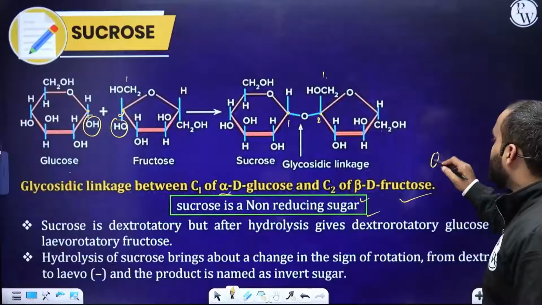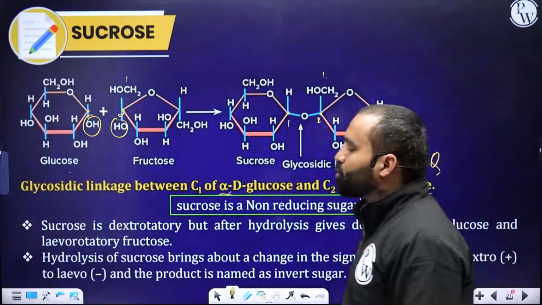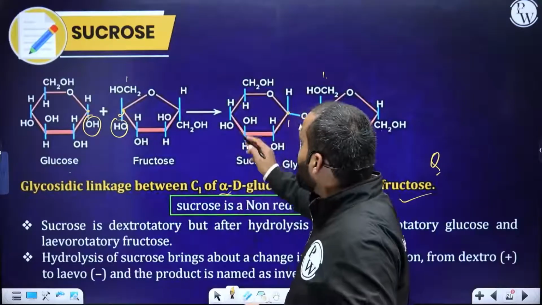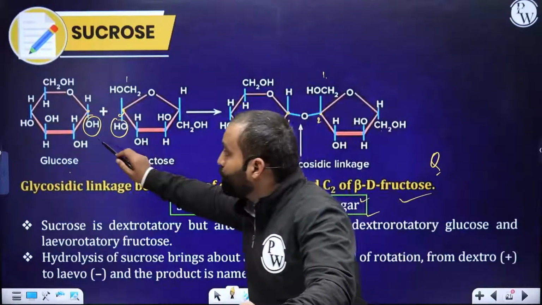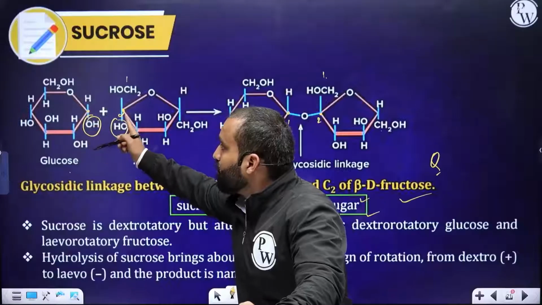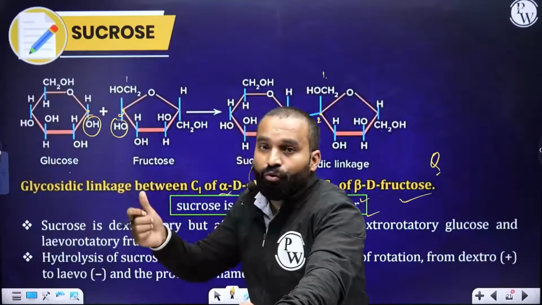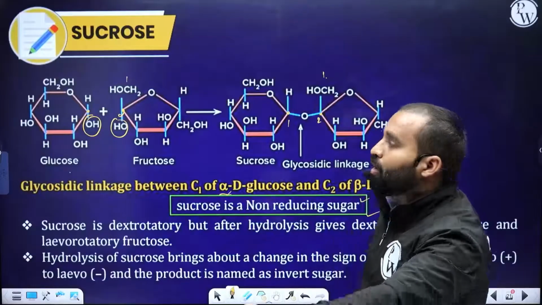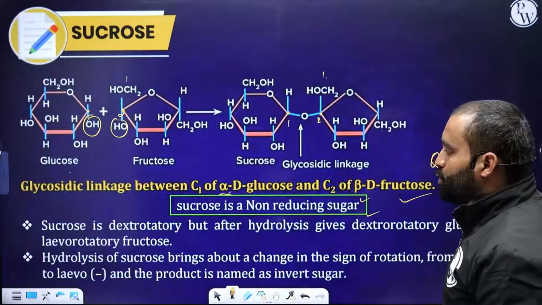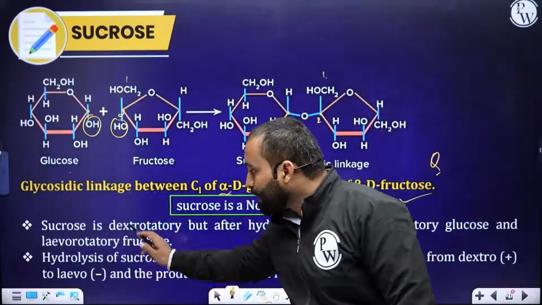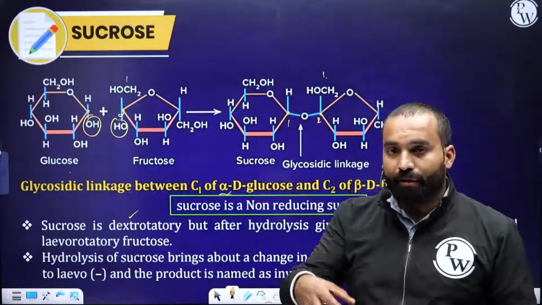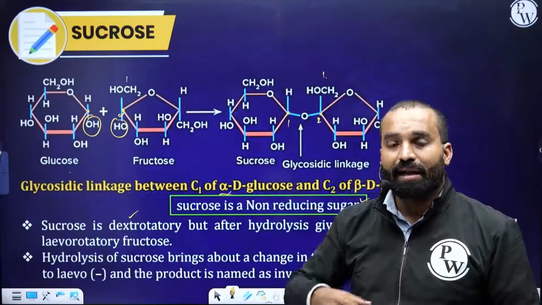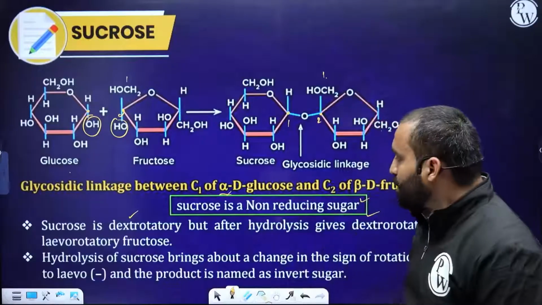This is a very important question, guys. Why is sucrose a non-reducing sugar? Because there is no free OH present. If this carbon number 1 and this carbon number 2 have no free OH present, then this becomes a non-reducing sugar. Sucrose, what is this property? It's dextrorotatory. Take it in water and then you see in which direction it rotates plane polarized light. It rotates in clockwise direction, hence it is given the name